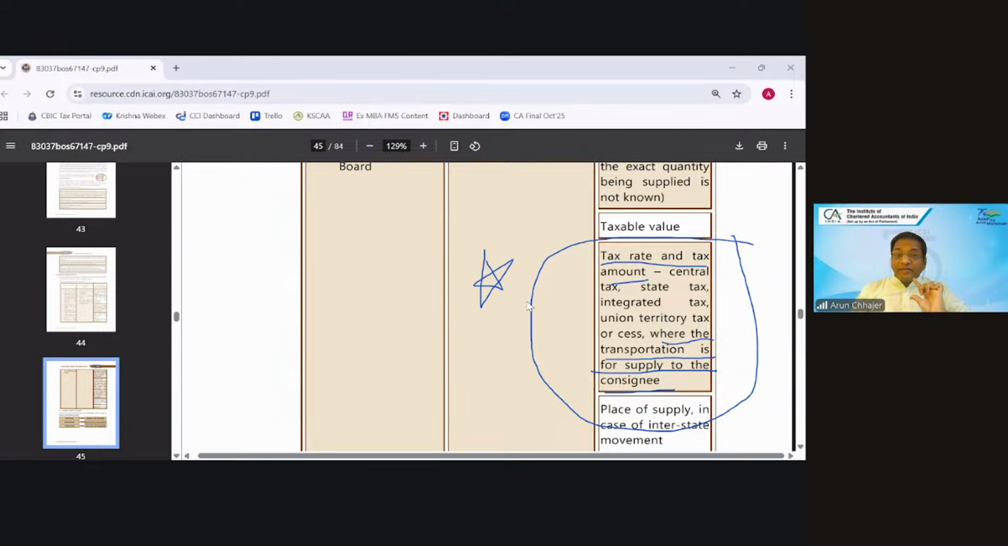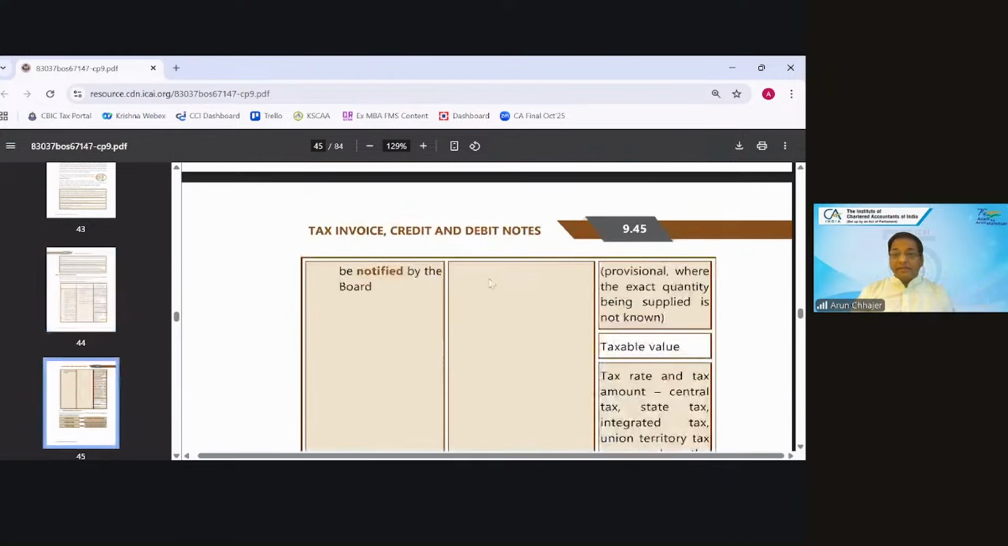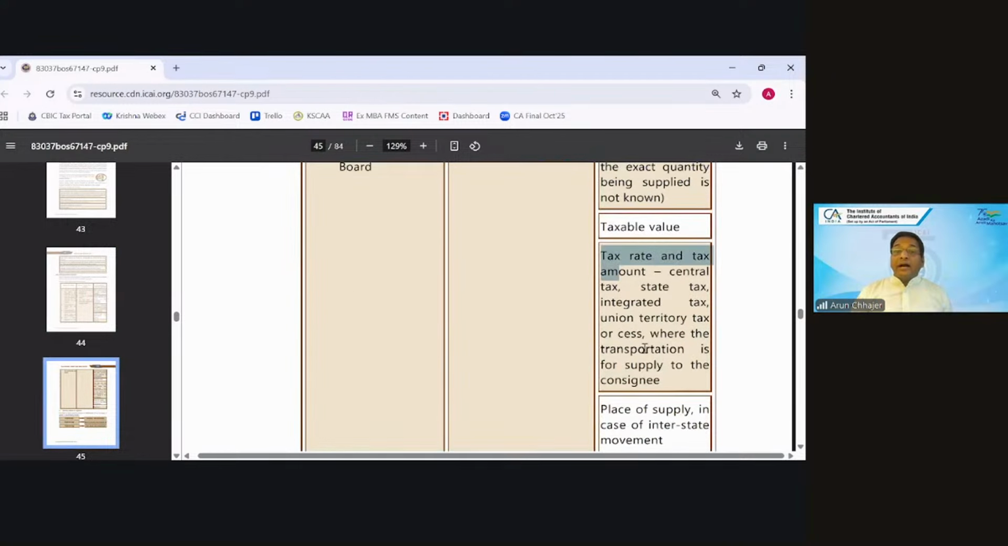That is clear from here that you can prepare the delivery challan because you're sending the goods for exhibition. Is it a supply? Answer is no, it is not a supply. Then when it will come, I am sharing my understanding. If my transportation is for the supply, then always tax invoice will be prepared. But